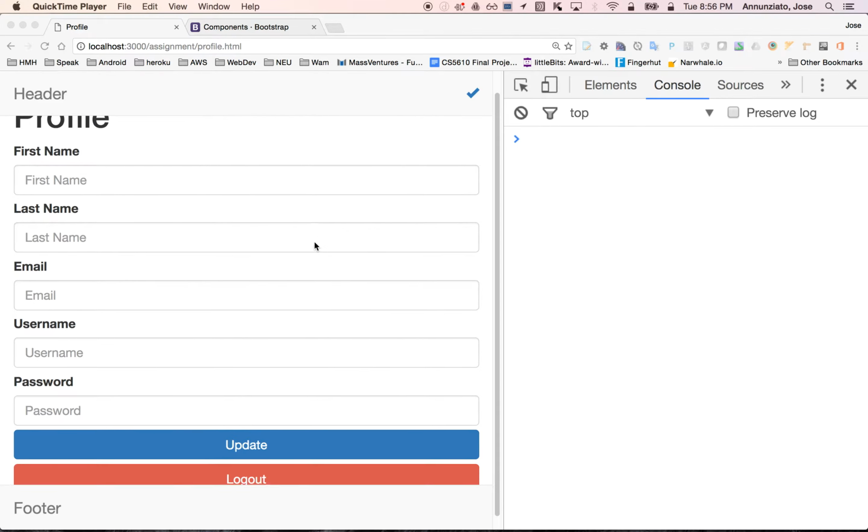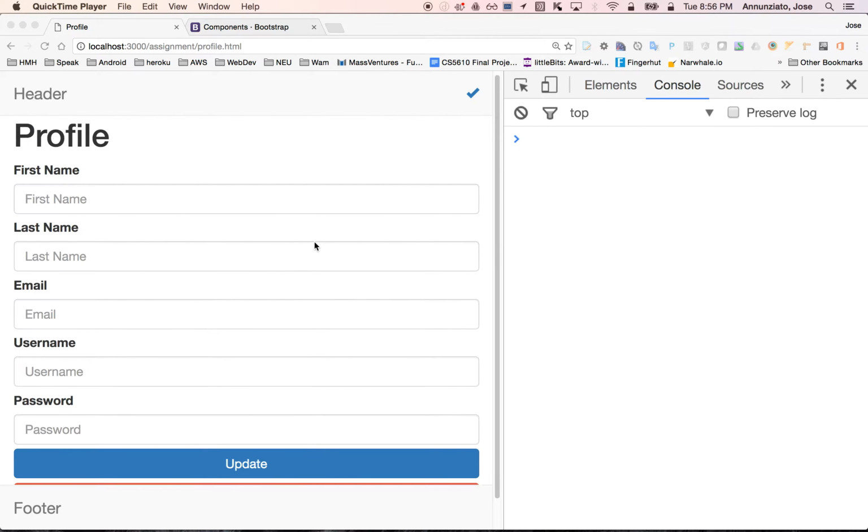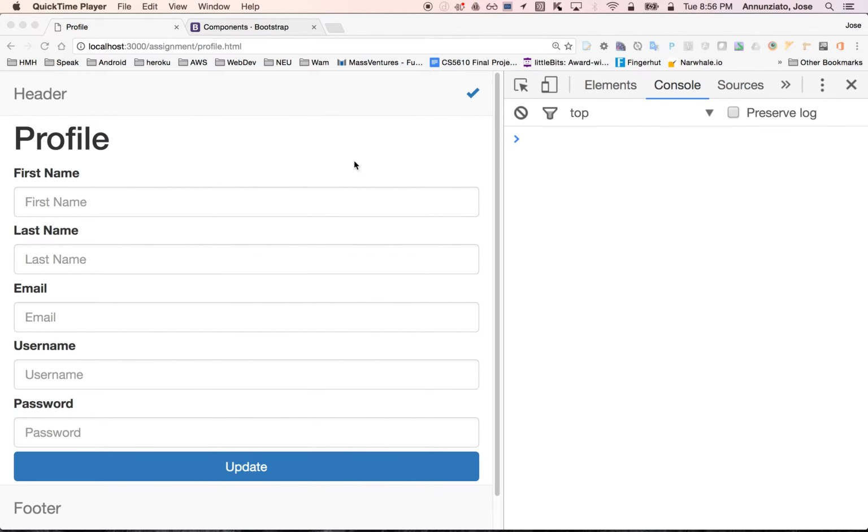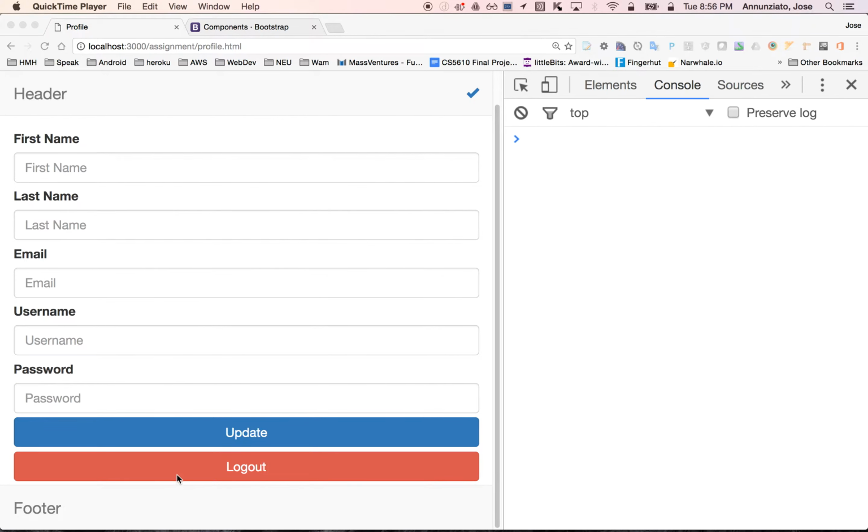Here we're building the profile page still, and in a previous video we showed you how to add links to the header, the fixed header at the top of the page. In this video we're going to show you how to add links to the footer down below. A typical feature to add